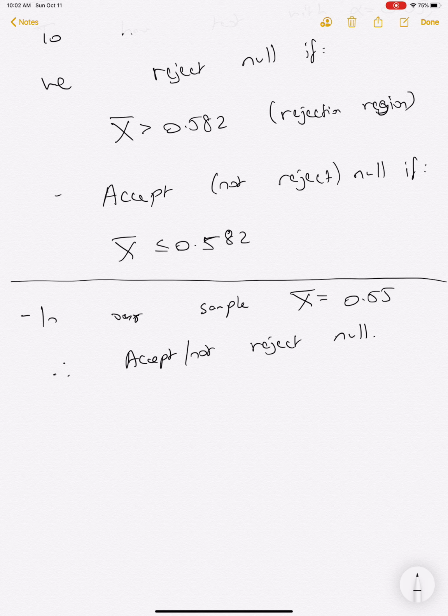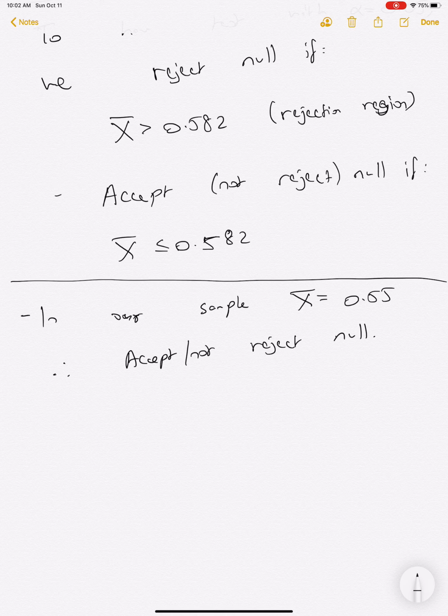So that would suggest to you that, if you had to make a decision one way or the other, you would possibly predict that the Republicans would win based on that sample. But our null hypothesis is kind of in the driver's seat, that theta equals 0.5. So because you only had a sample of 100, the 0.55 was not large enough. You needed that to be 0.59 or more